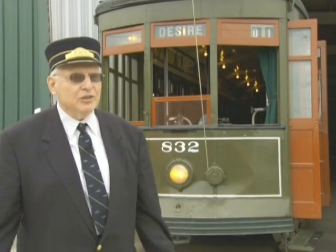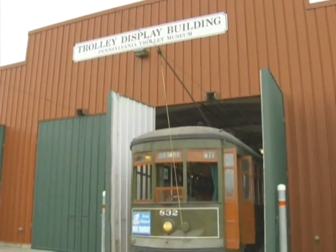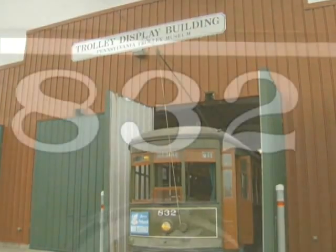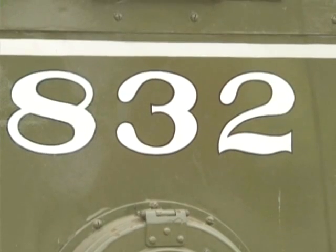So it was built in 1924. It came here in 1964 on a Pennsylvania Railroad flat car. I helped unload it, and when I unloaded it, we put the pole up, and it ran that very night. It was an exciting event, and it is one of the most reliable cars we have, and we've restored it,